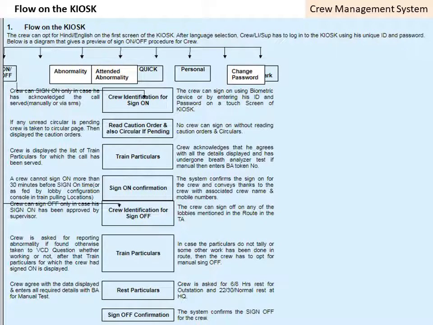Immediately he will go to signing off at the same station or another station. Here is the signing off. Some of the signing off stations can be done there itself with the prescribed routes, because some prescribed routes will be created. According to that, they can sign off with a selection of route. By selecting the route, there is no need for submission of CTR. Directly they can select the route and sign off.